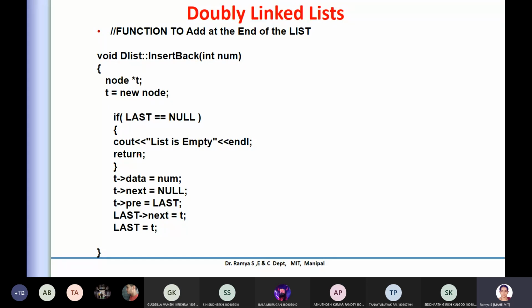If this condition is not met, then what you're doing is creating a node, okay. So once the creation of the node is done, you're trying to insert, okay. So what is done here, the next value is created as null. The last value, if you remember, will always have a null here, okay.